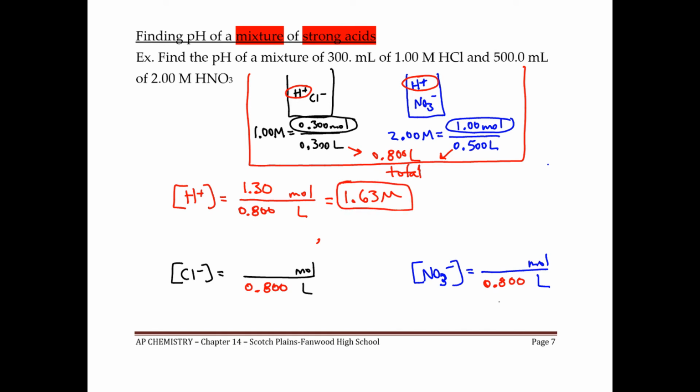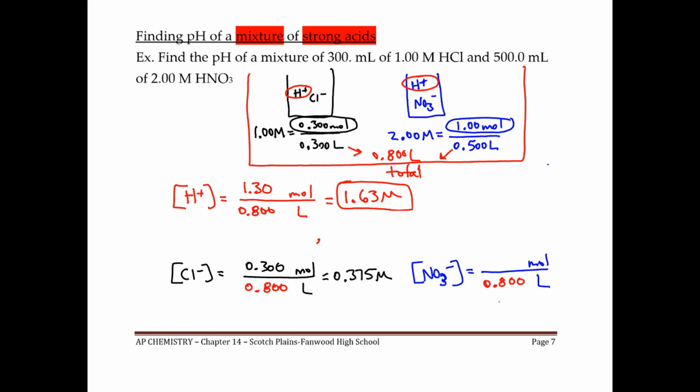All right, next we're going to have the Cl minus. So Cl minus came from the hydrochloric acid. We have 0.3 moles, and there's just 1 chloride in every HCl. If this had been Cl2 for some reason, like HCl2, then this would have been 0.3 doubled. But there's only 1 chloride, so it's just 0.3. That would hold true for any of the ions. So if you do the math for this, you're going to get 0.375